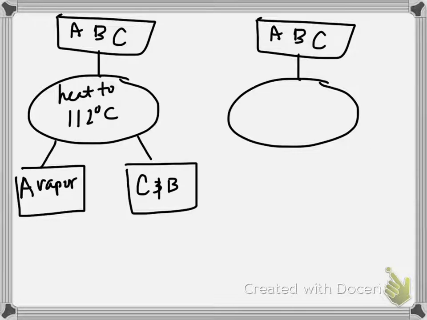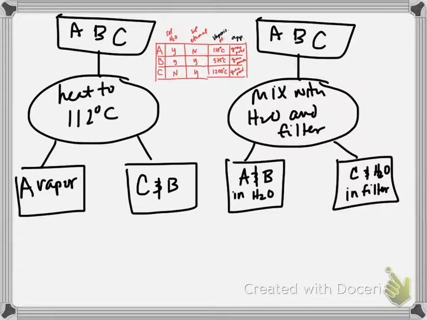So don't do that. You're separating components of a mixture and you're not recapturing one of them. That's fine if you don't need it. Did anybody have something that looked like this? Did anybody have something like that? Where you mix it with water, filter it, A and B end up in the filtrate, C ends up in the filter. How many of you did that? Okay. So in this case then, if you need to preserve all 3 of the components of your mixture, this is a good method. Now it's a little more cumbersome because now you have to dry